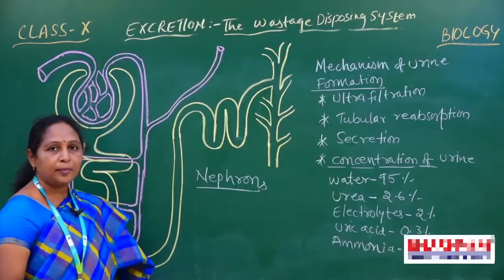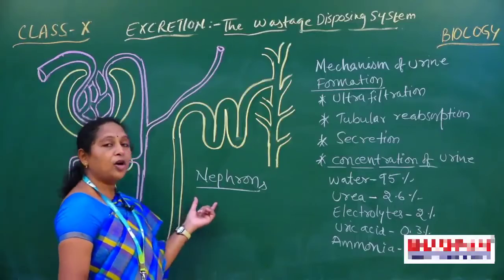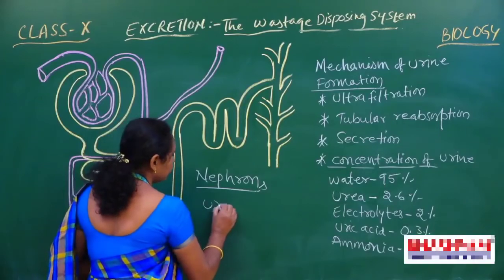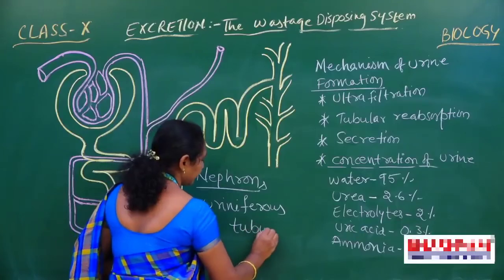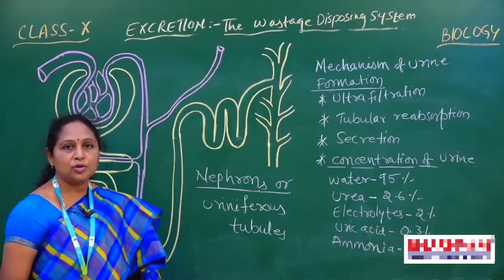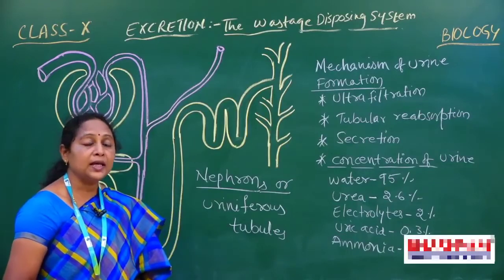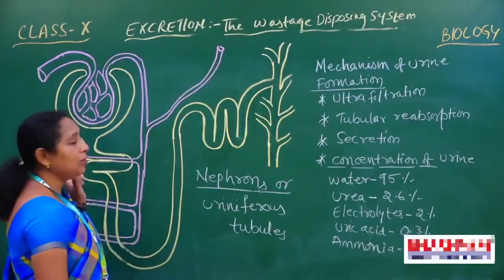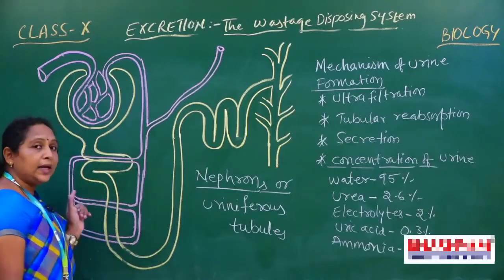Millions of nephrons are present in the pyramids of the internal structure of the kidney. These nephrons are otherwise called uriniferous tubules. What do we call them? Uriniferous tubule. Maximum how many tubules are present in a kidney? 1.8 million nephrons are present in each kidney. About the nephron structure, we already discussed it in the previous class. Clear now? So once again I repeat that.